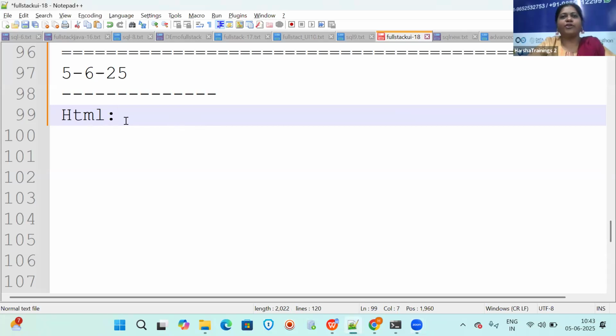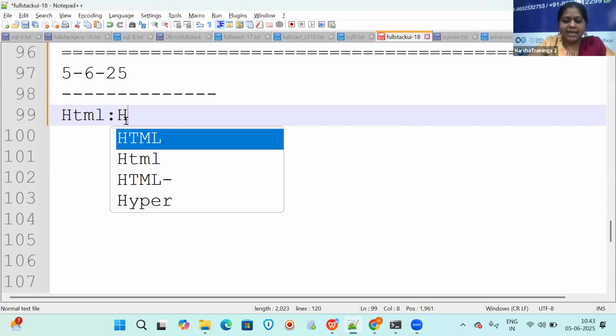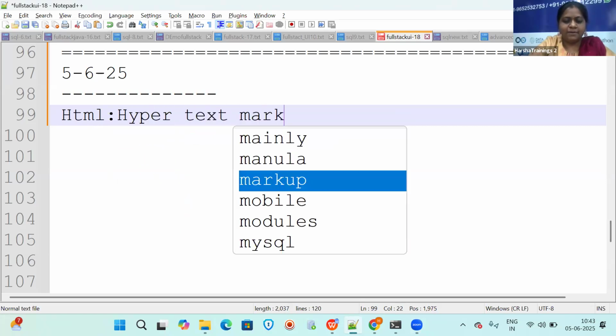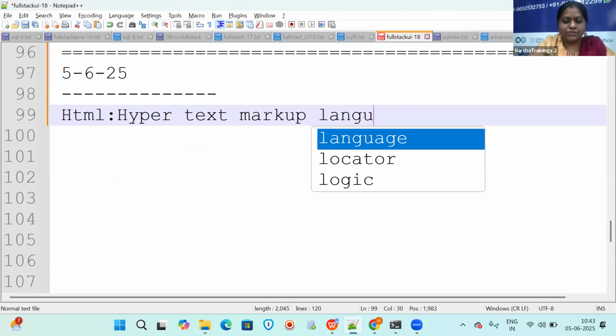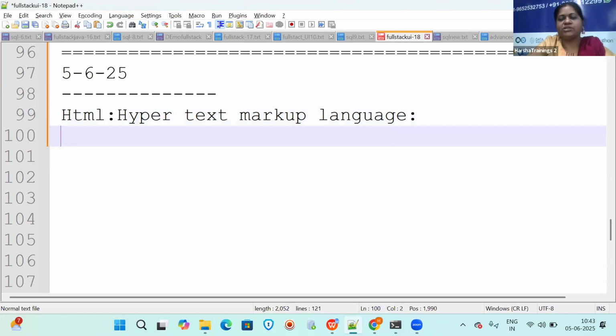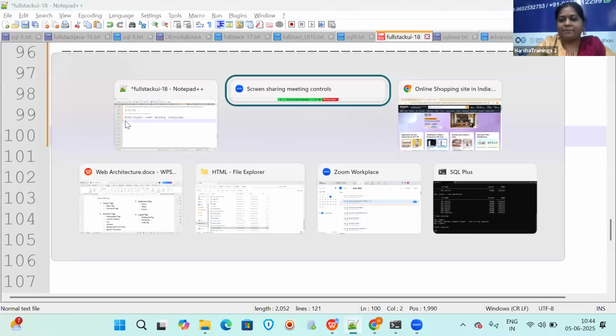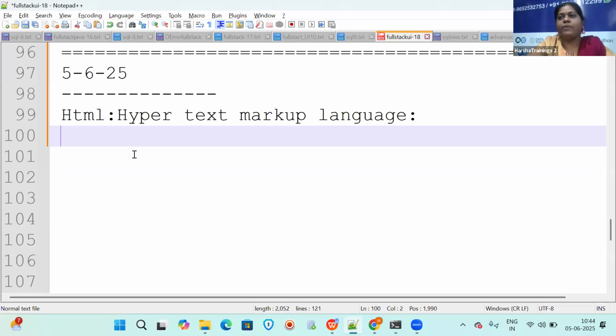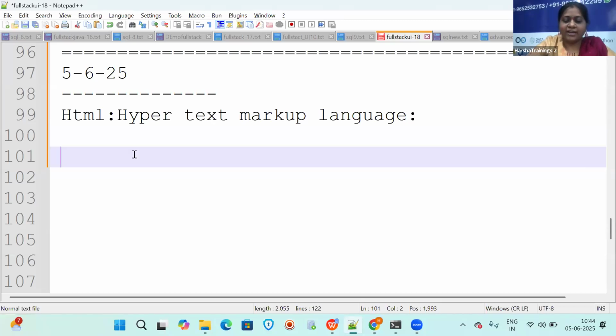Okay, so now we are going to start with HTML. HTML stands for Hypertext Markup Language. Okay, so this is used mainly to structure the content of our web page, our web application, whatever you are creating. So how we are going to write it? For executing this HTML code, additionally, we don't require any software, but we can still use Visual Studio for a better experience and writing the code